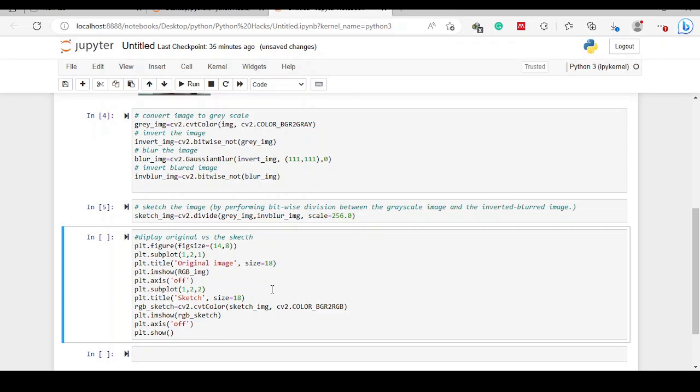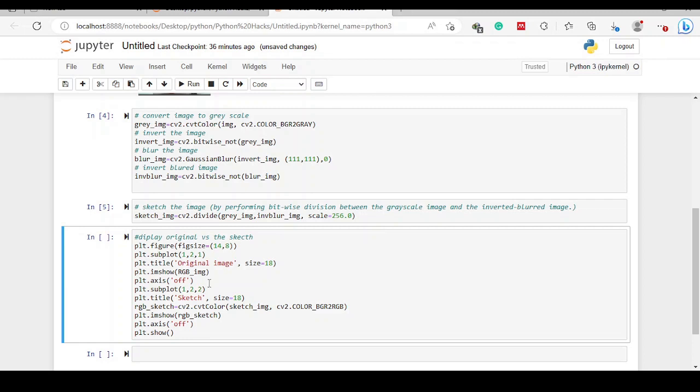So we want to display it and also display the original image so that you can compare the two. We use matplotlib. We created an object known as plt when we were importing matplotlib. So we call the figure method to define our figure size. Then we use subplot. Since we are going to use two images, we use the subplot function to separate the original plot into two categories. On the left hand side, we are going to have the original image, known as subplot 1, whereas on the right hand side, known as subplot 2, we are going to have